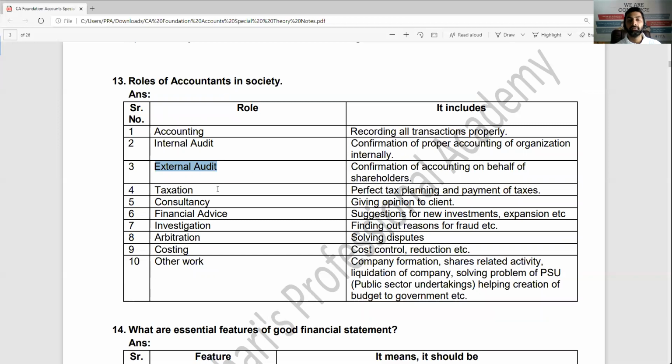not, to find the frauds and errors, etc. Taxation, to calculate the tax and to help the client to save the tax in a legitimate, that is proper, legal way. Consultancy, giving consultancy to our client on the basis of our expert knowledge, give the advice regarding coming out of the losses, increasing the profit. If maybe the company is facing cash crunch, how to come out of it. All consultancy, same, that is financial advice.